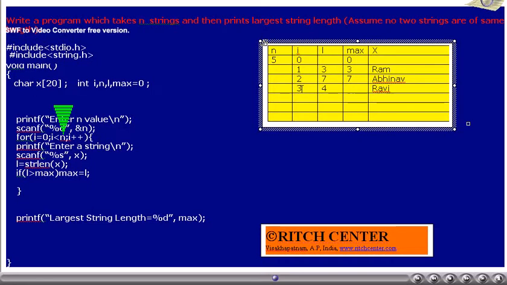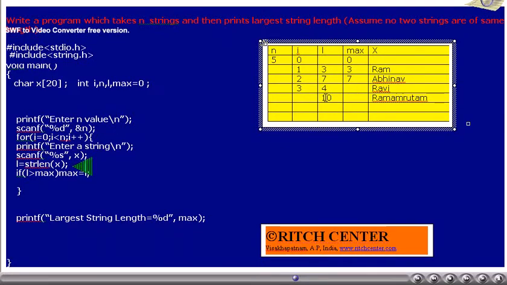Again, the for condition will be tested. i, is it less than n? That is 3, is it less than 5? Yes. Thus, the loop is going to get executed once more. Let us assume that the user has entered the string Ramamrutam. Thus, x value becomes Ramamrutam.